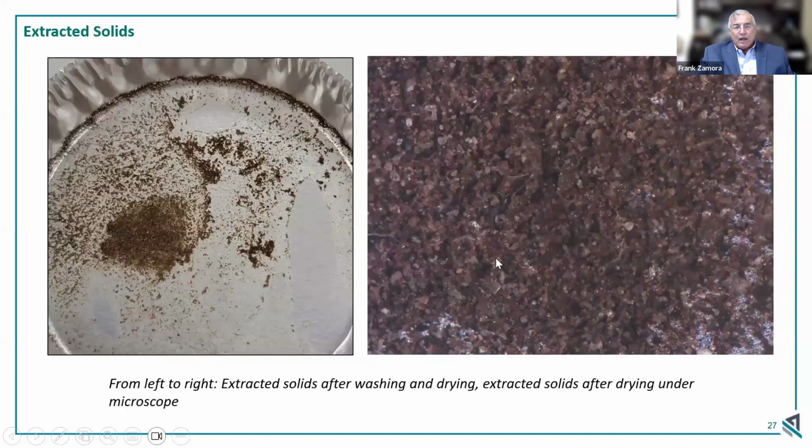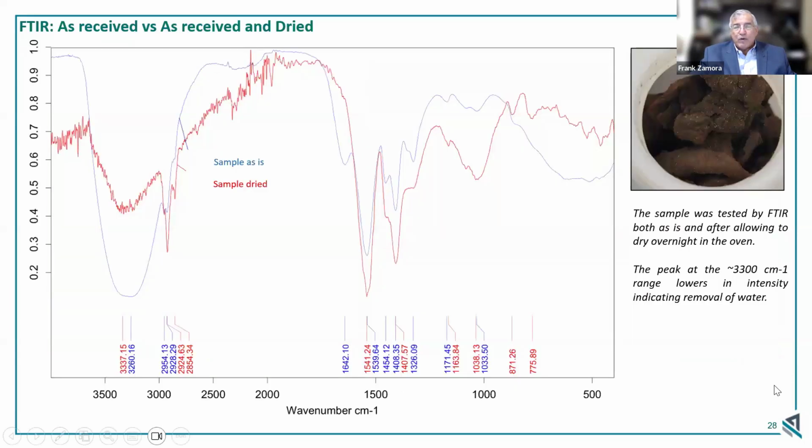So here, what we're doing is we have solids that actually came out. Now, on solids, some people like to use the FTIR for interpreting types of solids. I like to use the X-ray diffraction. XRD is, for me, one of the better instruments in identifying crystalline material. Now, XRD is not very good at identifying amorphous material, but it's an excellent tool in identifying crystalline material. So after washing it and removing some of these fines, again, the sample through an FTIR as is